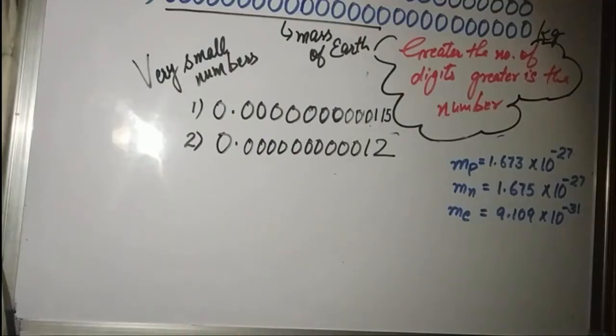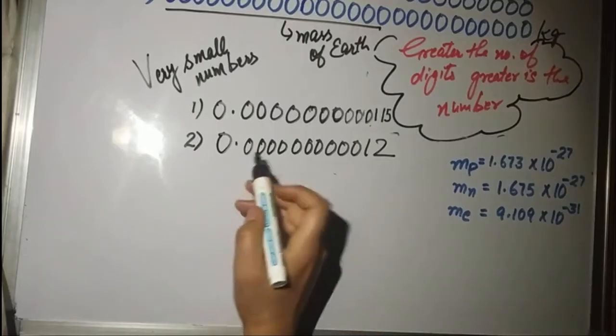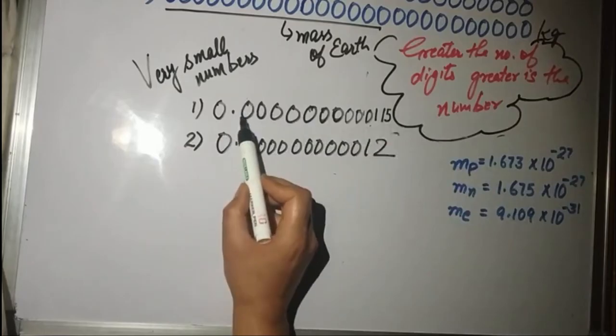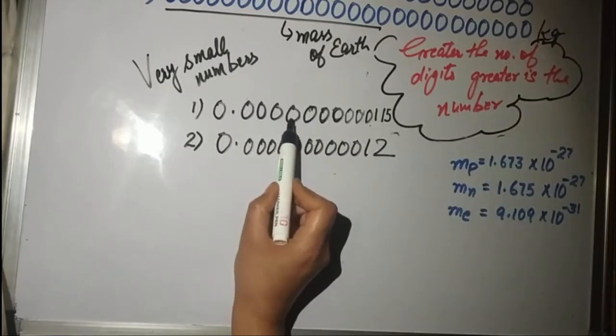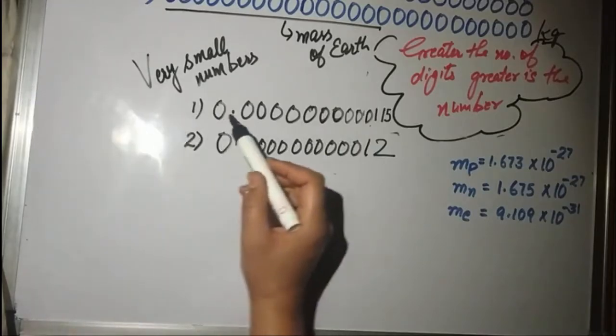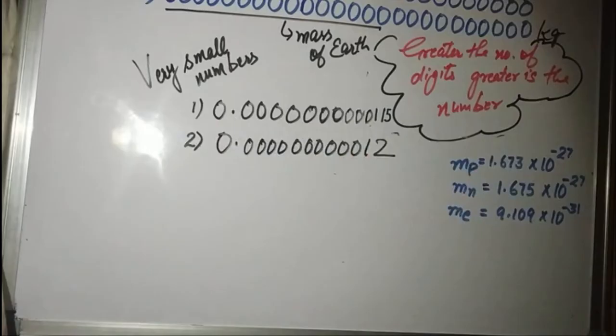Here I've written two very small numbers on the screen. Here you can see 0 point something something. After the decimal, the parts started: 10th, 100th, 1000th, 10,000th. The same number system which we used to follow on the left hand side, ones, tens, 100, the same gets followed this side. If we have to compare these numbers, we have to deal with very large and very small numbers in our biological, chemistry and physical sciences. How to deal with these numbers comes under mathematical sciences, and we have to learn it here.